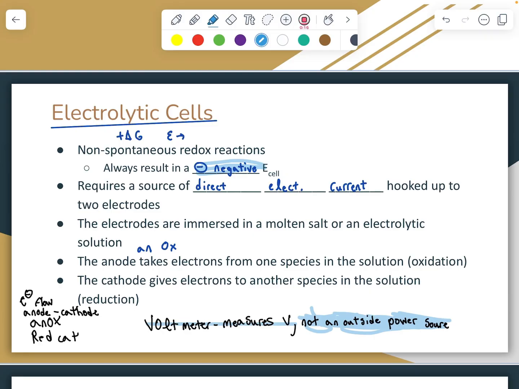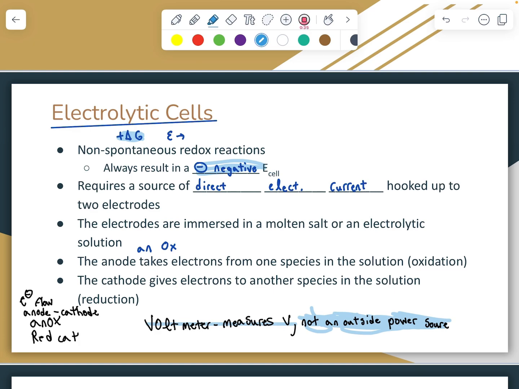Our galvanic cells will always have a positive E cell, but our electrolytic cells are non-spontaneous, which means they have a negative E cell and a positive delta G, and we'll look more at that when we get into thermodynamics. But this means that it requires a source of energy, so a direct electrical current in this case, hooked